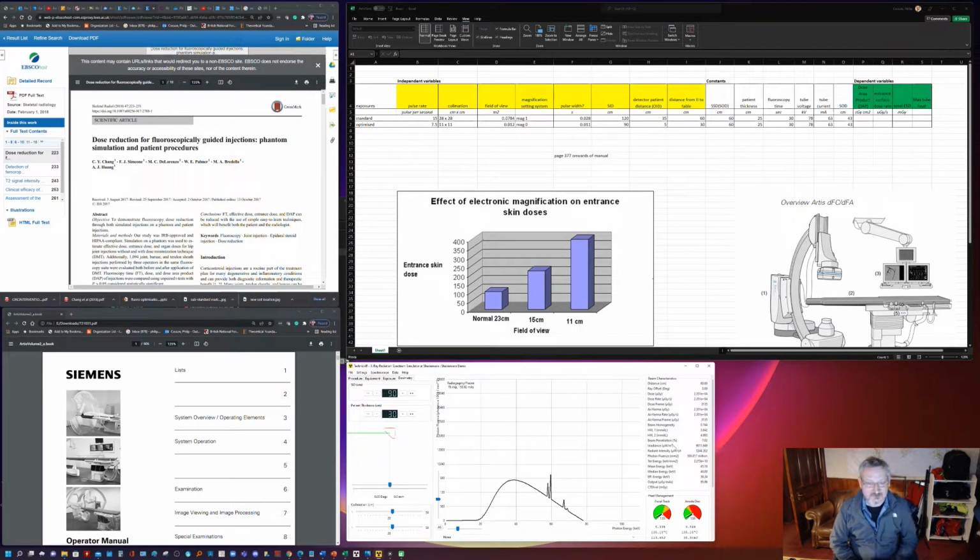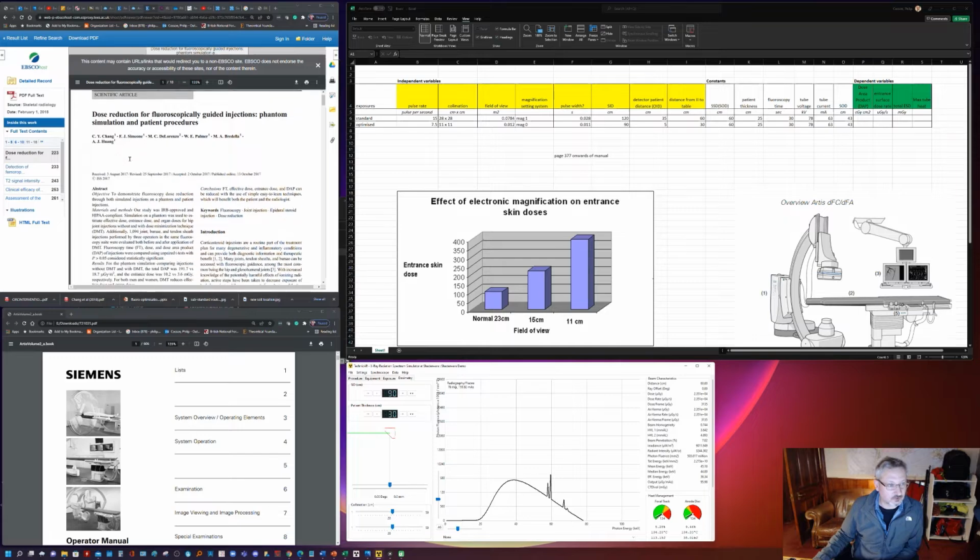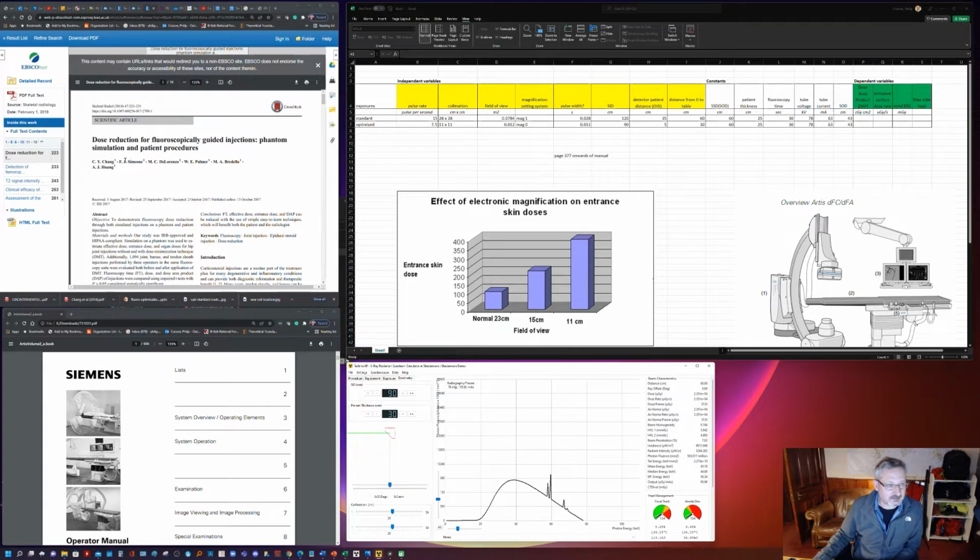Right, hello. So I'm going to try something a bit challenging and see if we can talk through an experiment, a fluoroscopy experiment, and do some simulation. So what we've got here is a paper by Chang et al. In 2018, and it's called Dose Reduction for